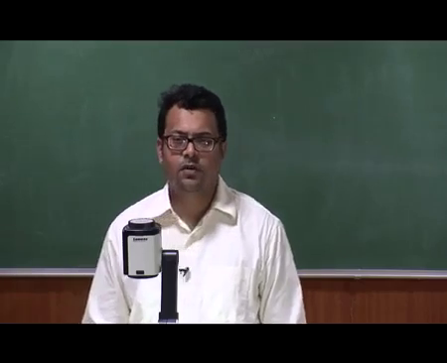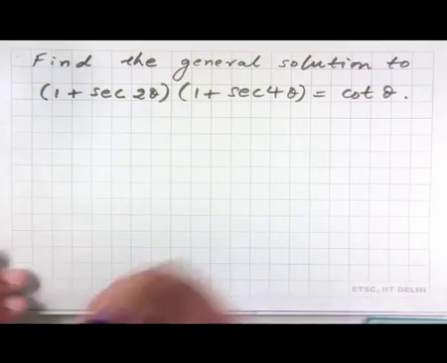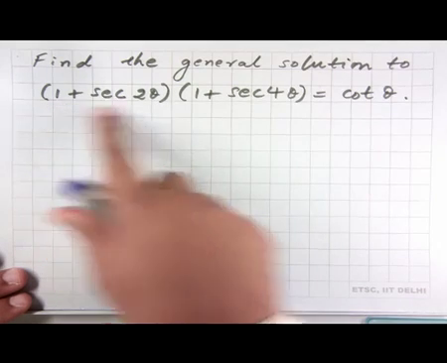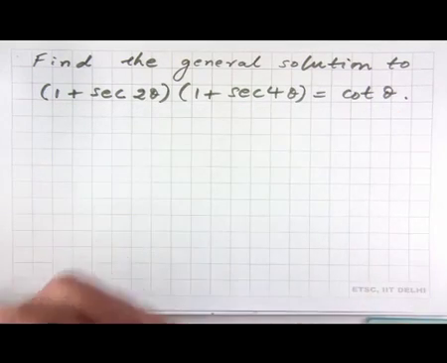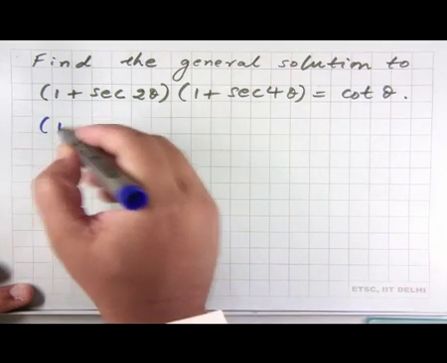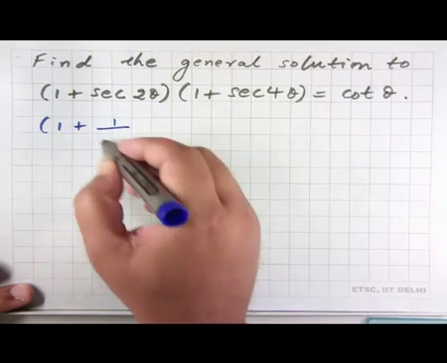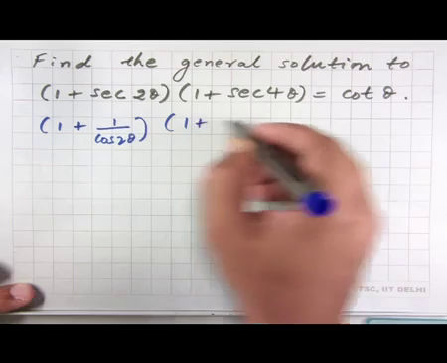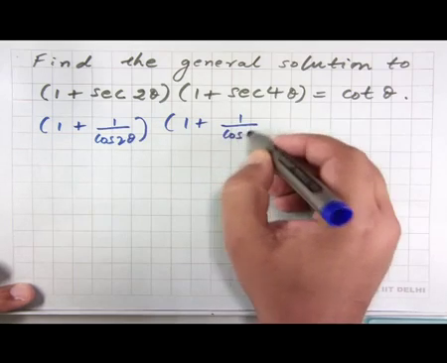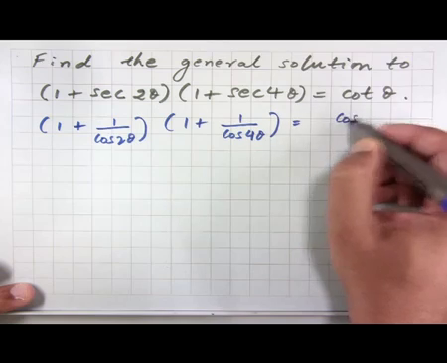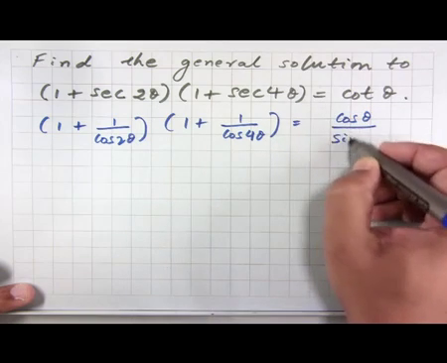So here is the next problem. It is asking us to find the general solution to this trigonometric equation, and again what we can do here is that we can write this as (1 + 1/cos 2θ)(1 + 1/cos 4θ) = cos θ / sin θ,